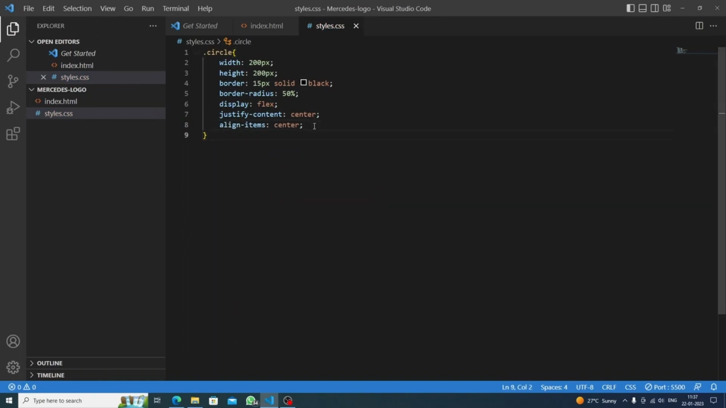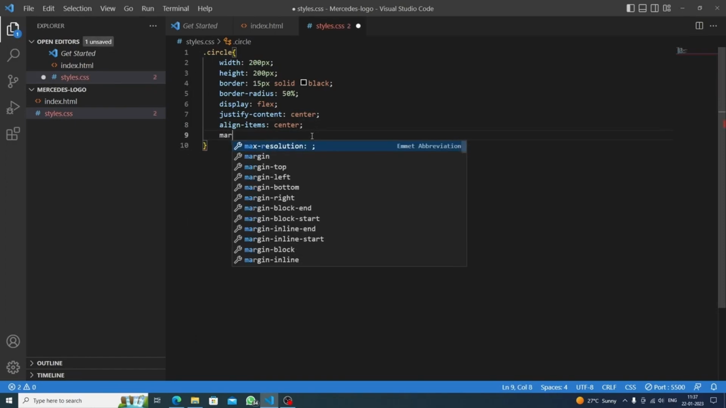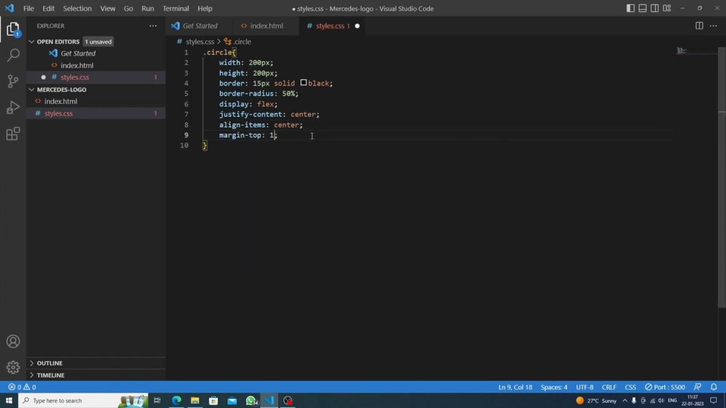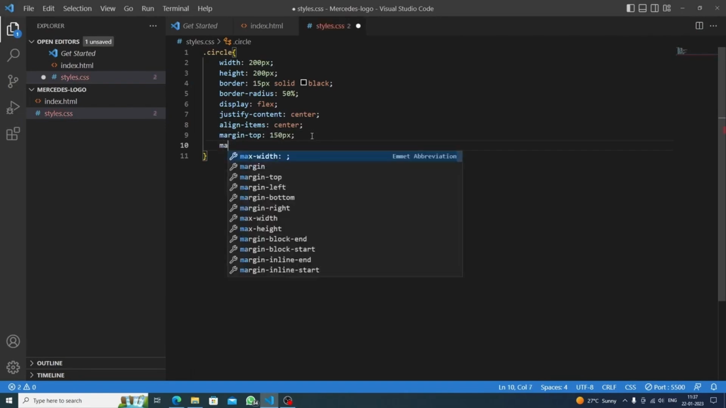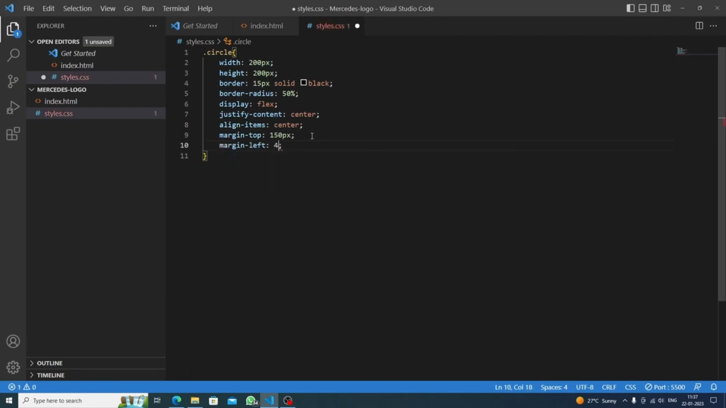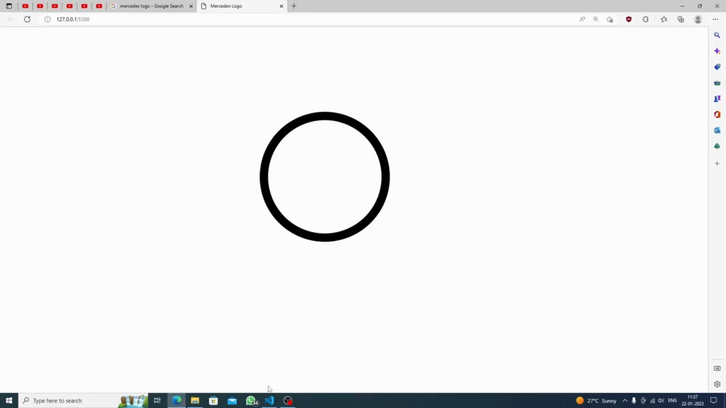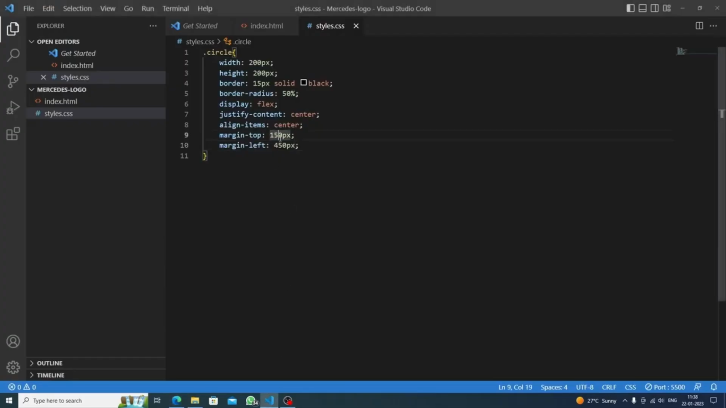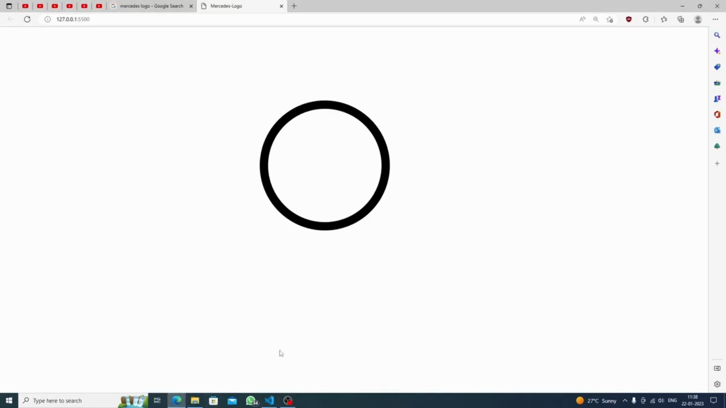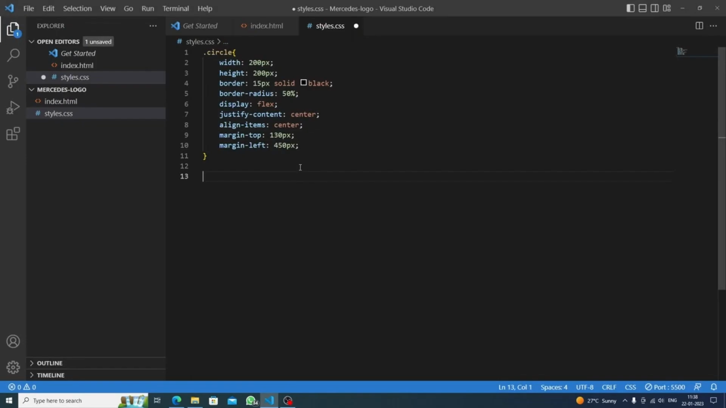Okay, after that we will do margin top. Let's do margin top for 150 pixels, and margin left would be, let's say, 450 pixels because it's the average one. Okay, so we can do 130 pixels, I think. Okay, now it's perfect. Now we will target triangle 1 and the main thing, which is to make